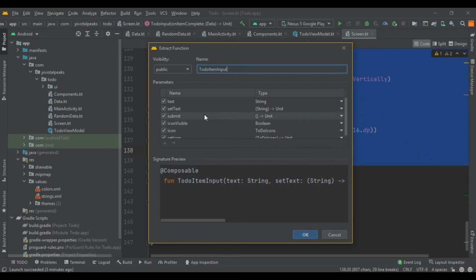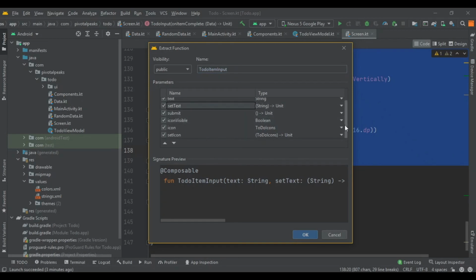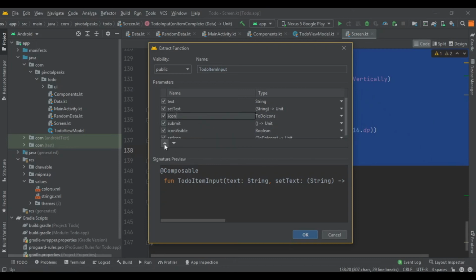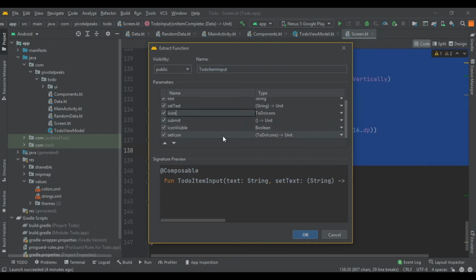Also let's put all the parameters together nicely. So text, after text this is right, so let's move the icon above. We can move the icon with this button, and the set icon, and it looks fine.